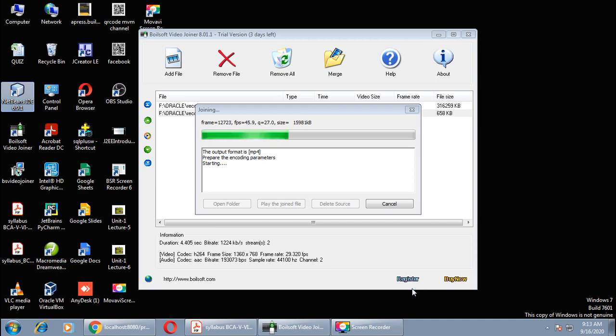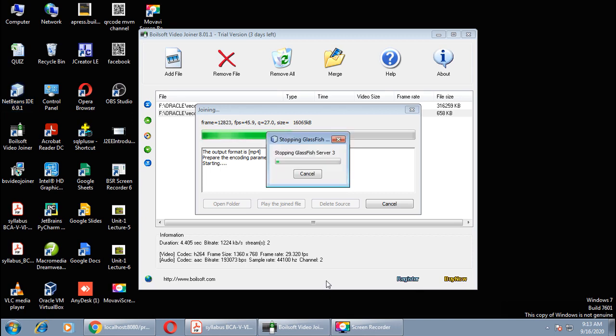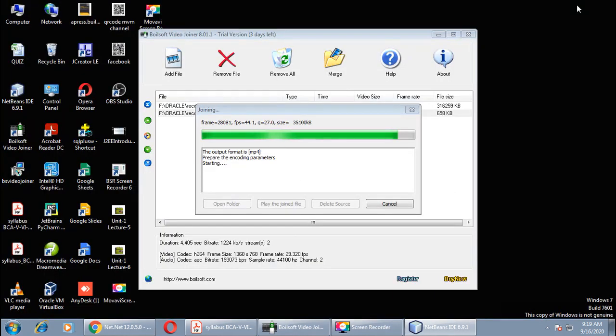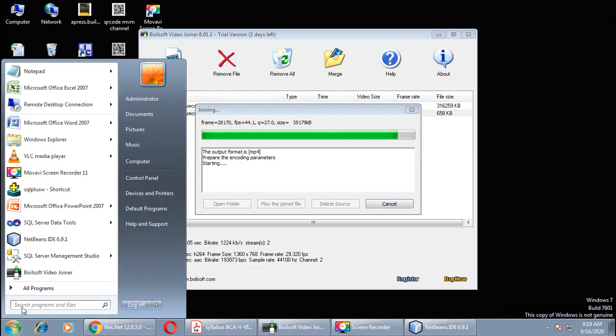Many other programs are running in background, so avoid it. So here NetBeans is started, right? I have already created one program for JDBC connectivity with servlet, but before we do the coding in NetBeans IDE for JDBC connection, let us clear step number 2.